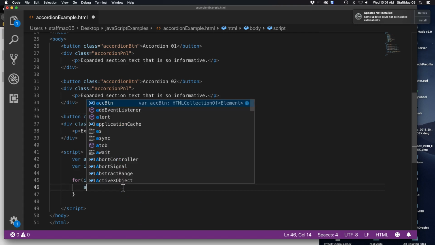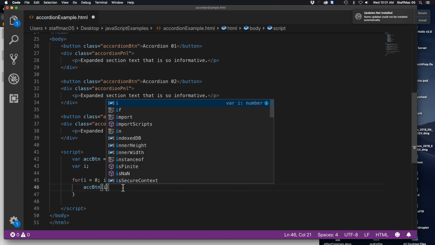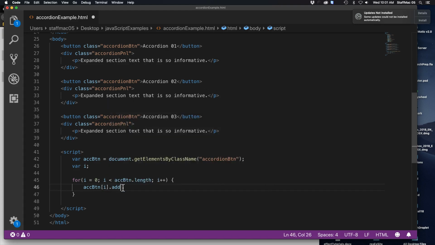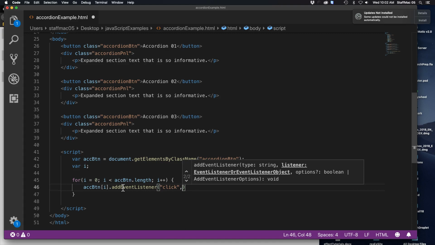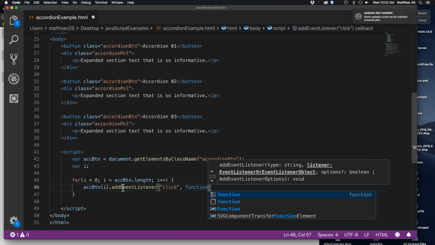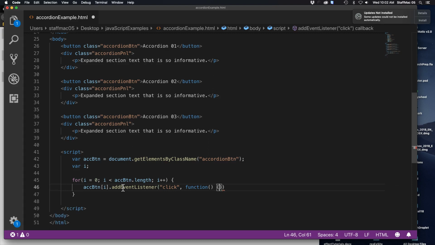Okay, so now we're going to say accordion btn, and then we're going to put i, and then dot addEventListener, click. And I'll explain what it is after because it's probably a little confusing. Function, like that. Okay. So what it's going to do is it's basically going to go through this part here,